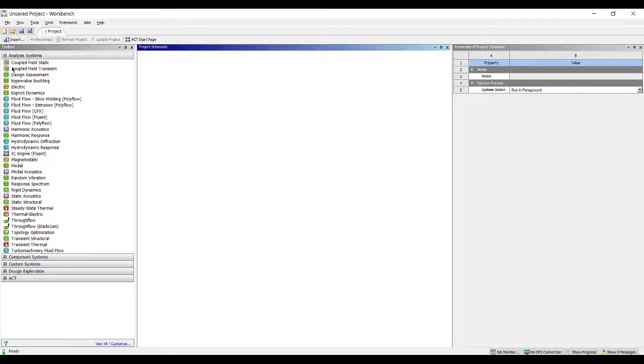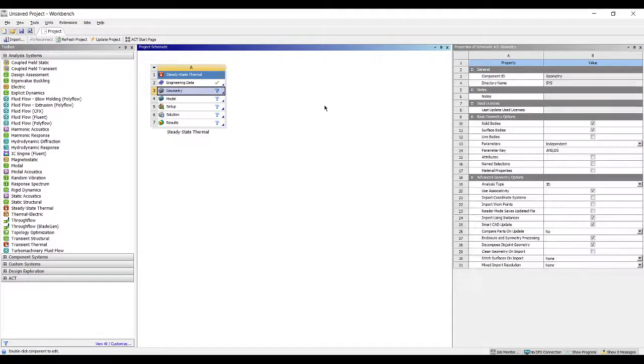In this video tutorial, we are going to see a three-dimensional heat conduction problem inside ANSYS Workbench. We are going to use the steady-state thermal analysis system for our analysis. So let's select this steady-state thermal from the analysis system and drag it into the project schematic. Now we can see that it will now open.